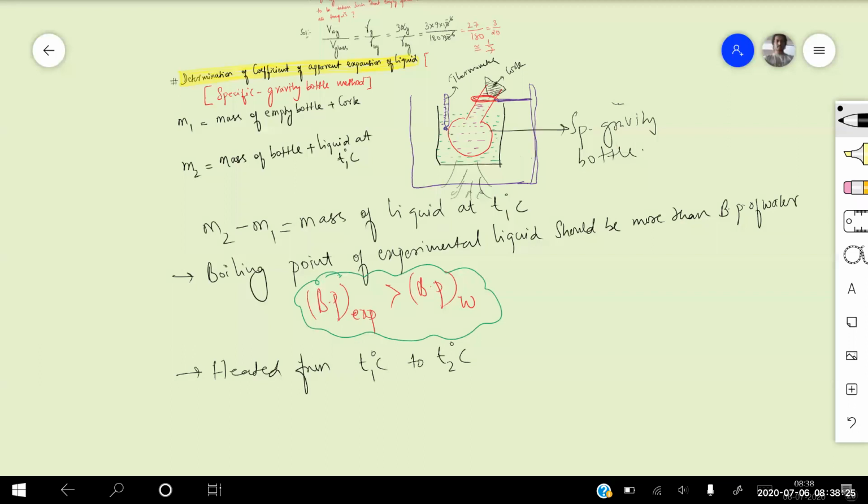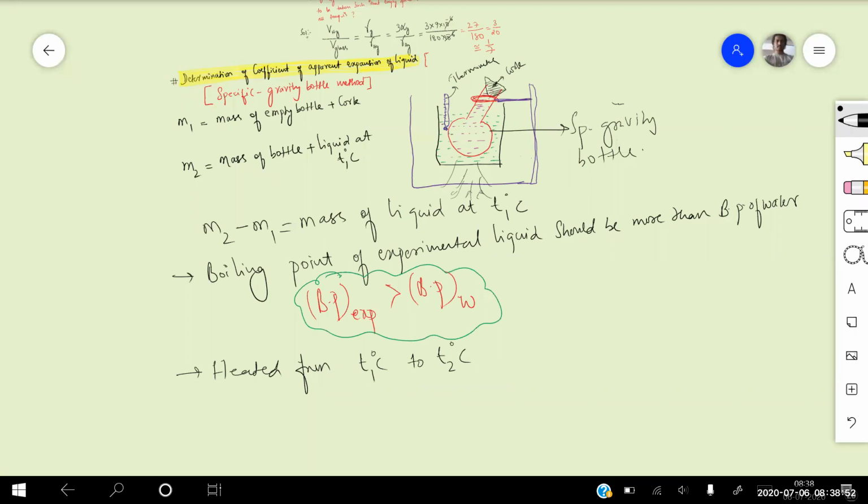When it is coming out, we take a small tissue paper, and every time we make sure that water will never fall into the liquid. So every time we take a tissue paper and dry it, so that the liquid overflowing from this cork is not falling into the vessel. With the help of a tissue paper, we will be wiping it so that the water will not enter the vessel.